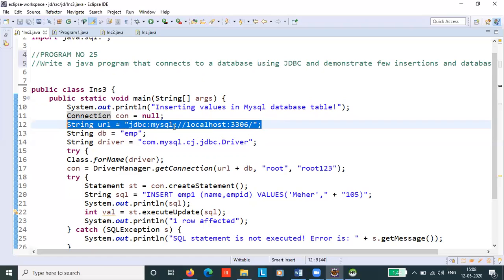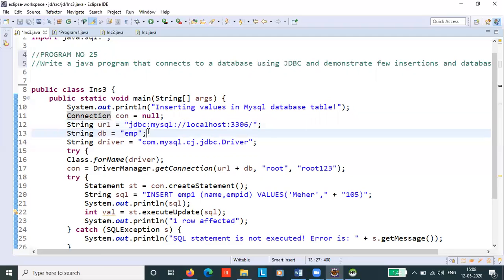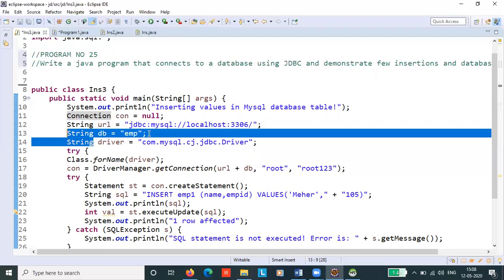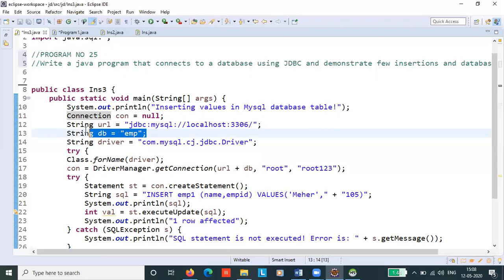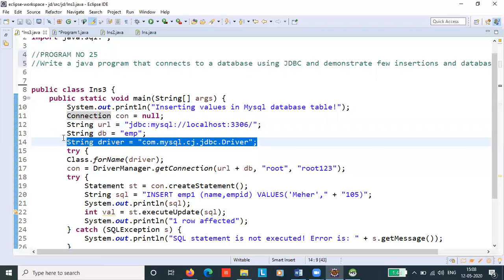Here, this is the path. This is the port number. 3306 is the default port number for your database URL, which acts as a local host. Next, the database name in MySQL is EMP. Then there is something called the driver class.